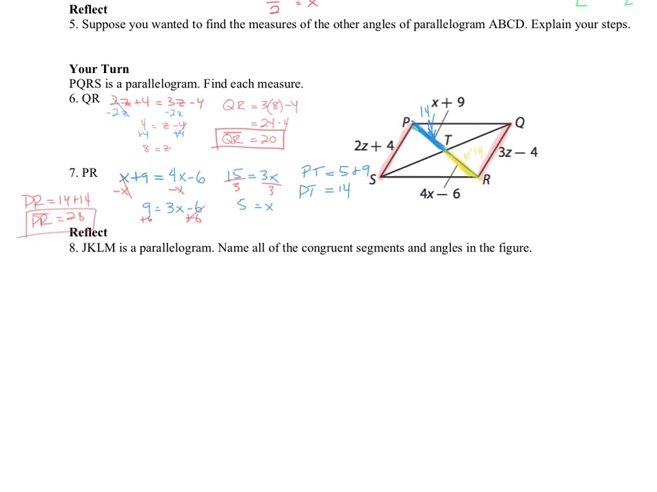So question 8, reflection question. JKLM is a parallelogram. Again, they don't give you a diagram, but it tells you that's the shape that it is. So name all of the congruent segments and the congruent angles in figure JKLM. So I'm going to leave that for you to figure out. Tomorrow I'll ask and see how you guys did on that. So we will move right along into 15.7,